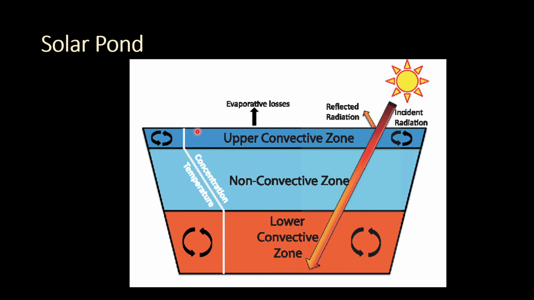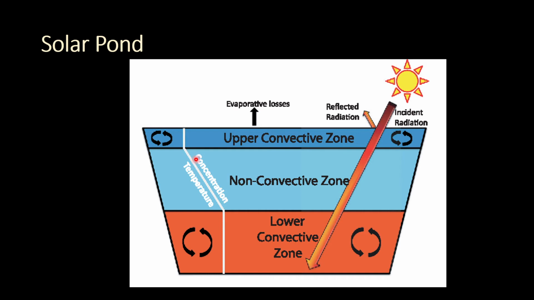Especially the upper convective zone contains pure water, with nearly zero salt concentration, and uniform. This upper convective zone is only 10 to 20 centimeters deep. The water in the upper convective zone is continuously flowing and recirculating, 10 to 20 centimeters deep, with a nearly constant salt concentration, that is nearly zero.